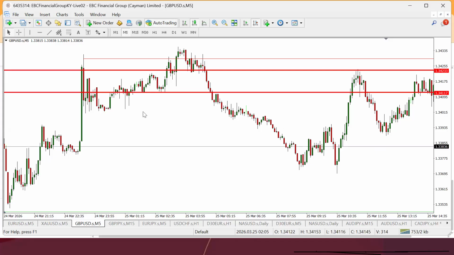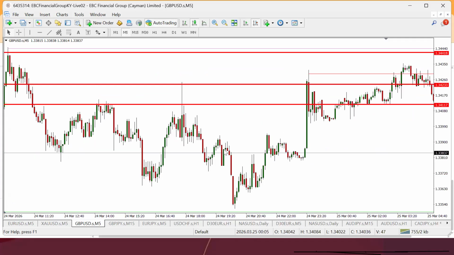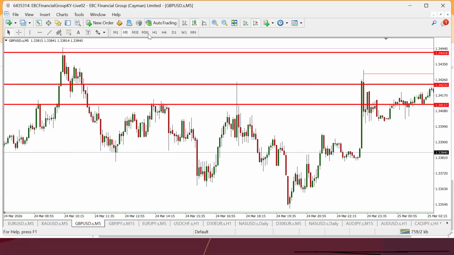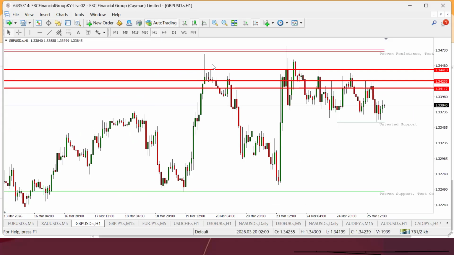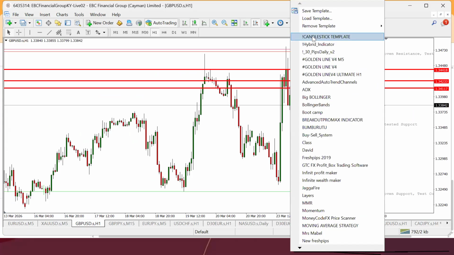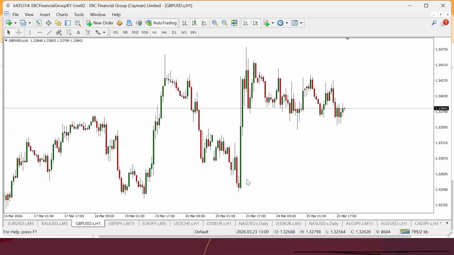Let me give you a very good example. This is my chart on GBP USD, right? Let's go to the 1 hour time frame so that you can see this clearly. I'm on the 1 hour time frame of GBP USD. What will you say price is doing here? From here to here, price is going down, right? From here to here, price is going up. But from here to this point, what can you say price is doing? Is it going up or going down? It's going sideways. It's not going up, it's not going down. It's just bouncing up and down, up and down, up and down.